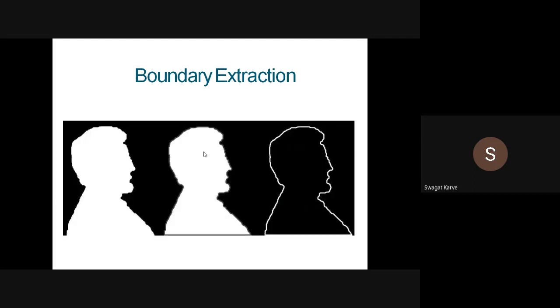So again, this is one more example of this boundary extraction. First you have the target image, then the middle image is the erosion output, right? A eroded by B; the structuring element we have not given here, but this is the target image. Then after performing the erosion operation, you can see the middle image as the erosion output, and again subtracting that from the original image, you will get the final output as a boundary extraction. So what we have done here is we have actually marked the border of that entire image, right?